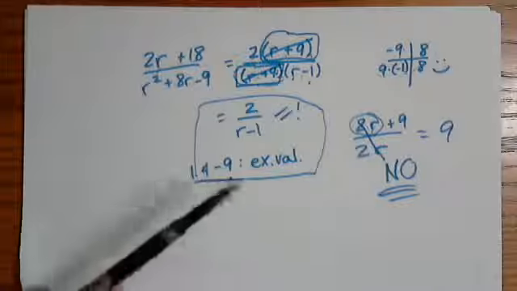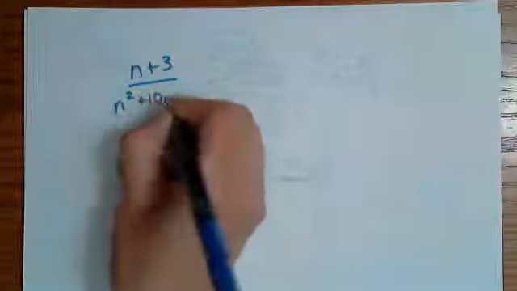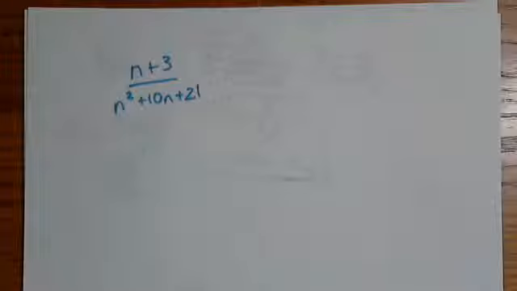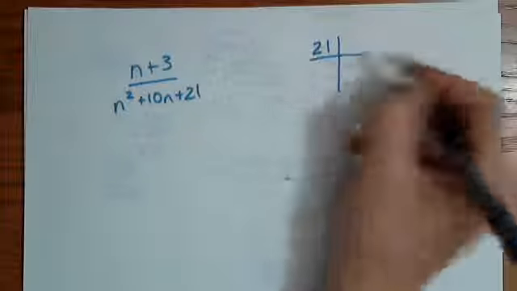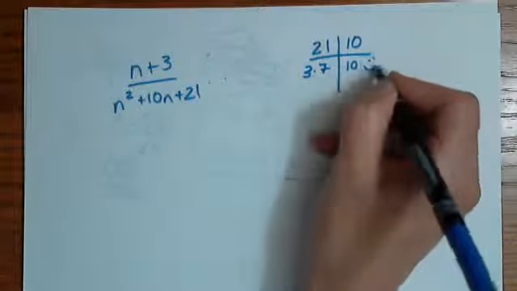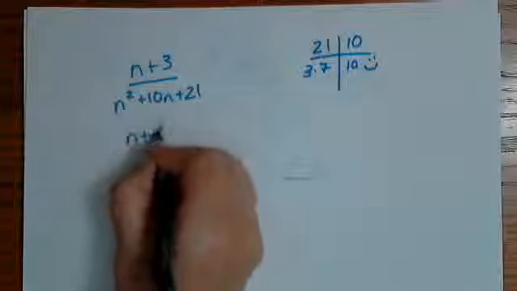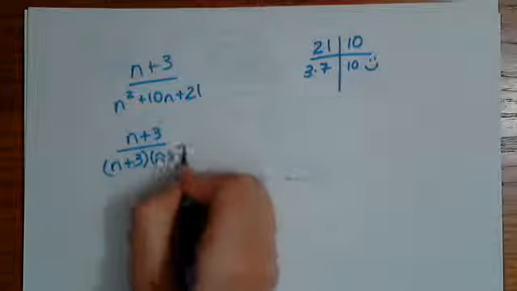Okay, let's do another example. 4a, I'll do this one with you. We have n plus 3 divided by n squared plus 10n plus 21. Well, I don't think anything can factor out at the top, but what about the bottom? We need to find things that multiply to 21 and add to 10. How about a 3 times 7? We like that, so that's going to become n plus 3 over n plus 3 times n plus 7,